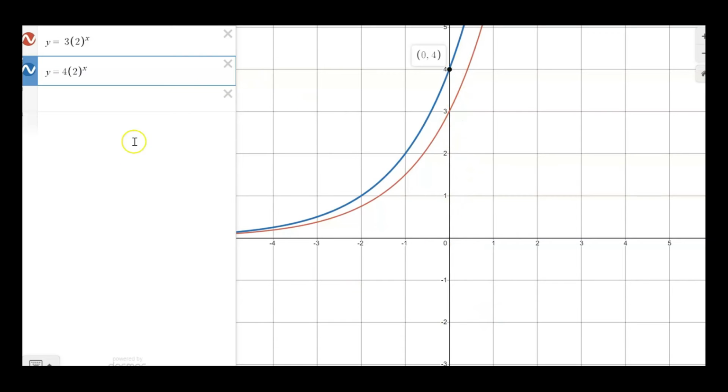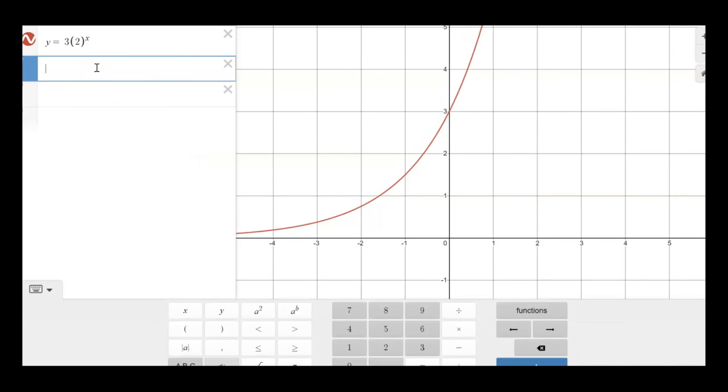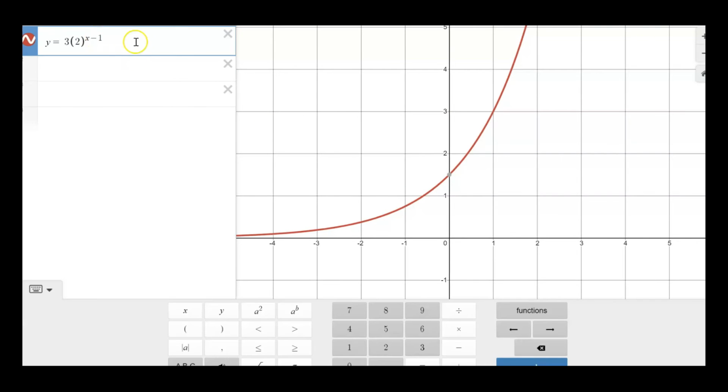But what we're going to be looking at is what we call transformations. So let's go back to our original function, y equals 3 times 2 to the x. If I want to move this initial amount somewhere, and that's how we're going to trace where this thing goes, I'm going to start from the initial amount 3. If something happens up here with x, let's say that I took 1 away from this exponent right here. I've got 3 times 2 to the x power. If I take something away from that exponent, it's going to shift my initial amount to the right. So a negative will shift you to the right,